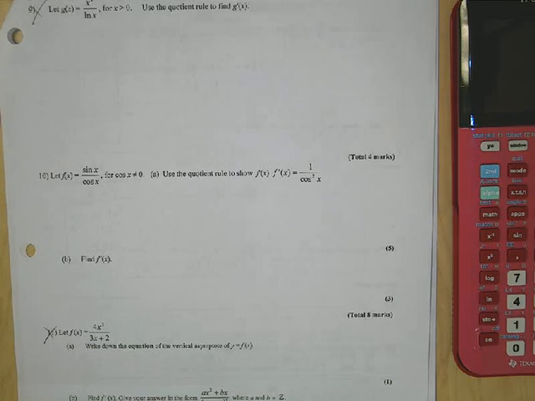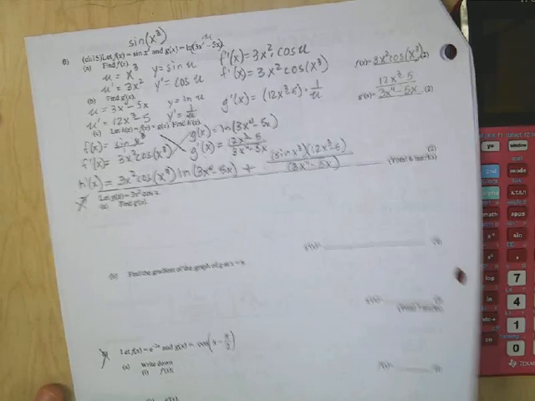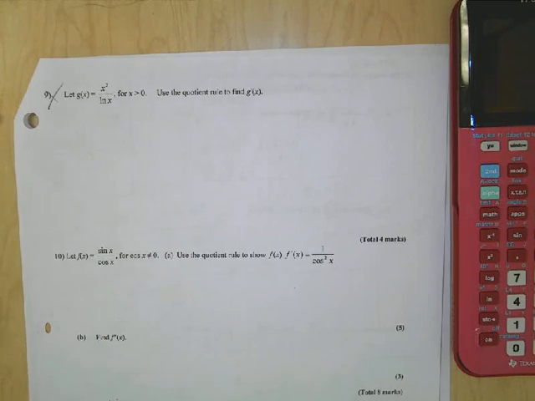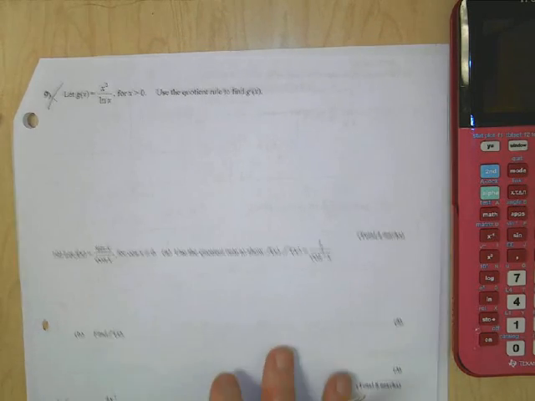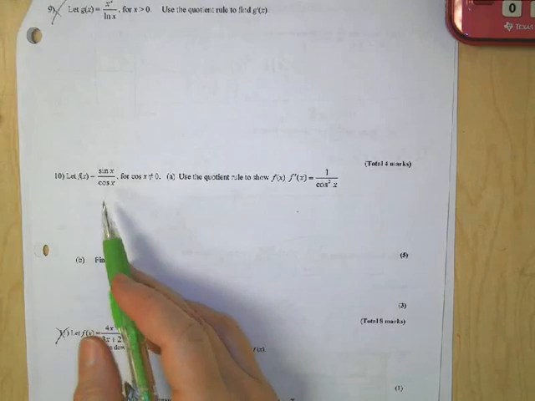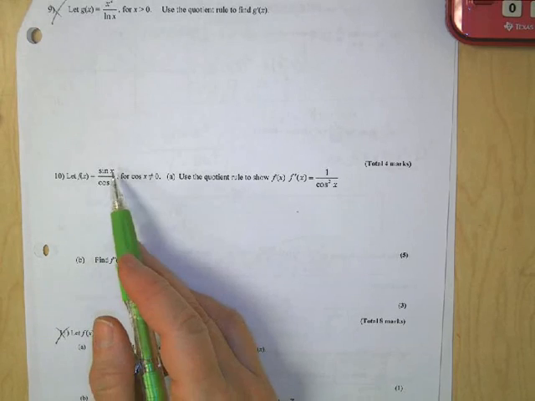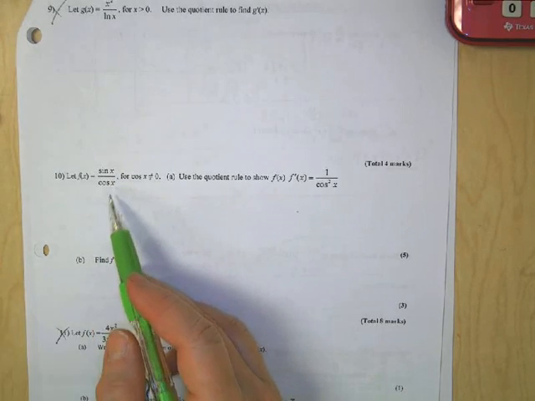Okay, I'm skipping to number 10 because we did number 7 and 8 as part of our jigsaw, and we did number 9 as our warm-up. So number 10, skipping to number 10. Now this one is interesting because sine x over cosine x, if you look at our formula packet, you might